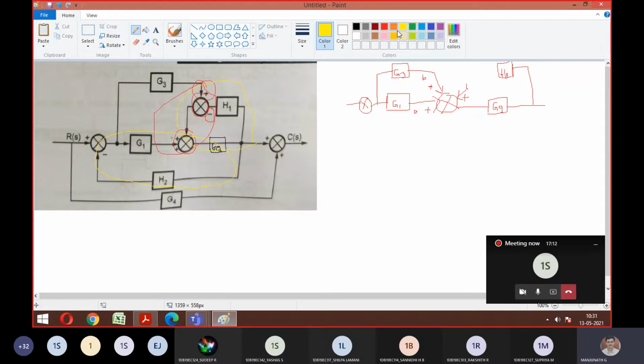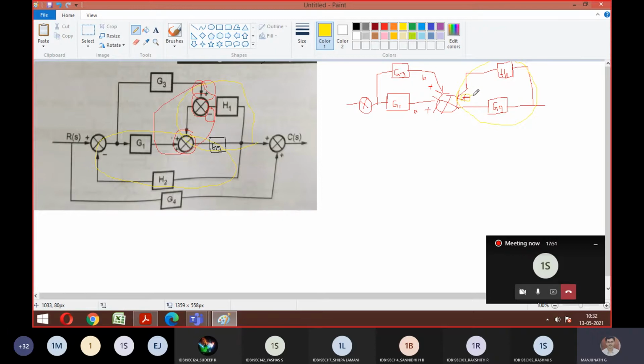Now what I'm explaining to you is, if you do this merging of 2 summation points, I have to keep minus here. If I keep minus here, then what type of feedback path is it acting like? If this is minus, what type of feedback path is it? Negative feedback. Correct? Yes, sir. Okay, so according to the question, we can do with that negative feedback, or I can make it positive also. Both possibilities are there.